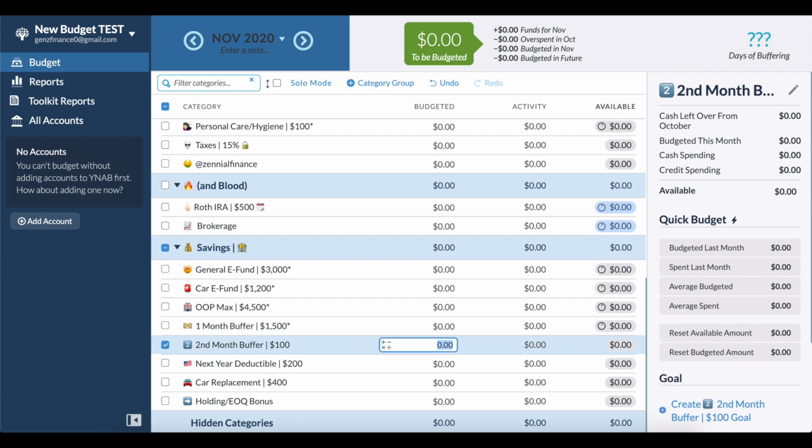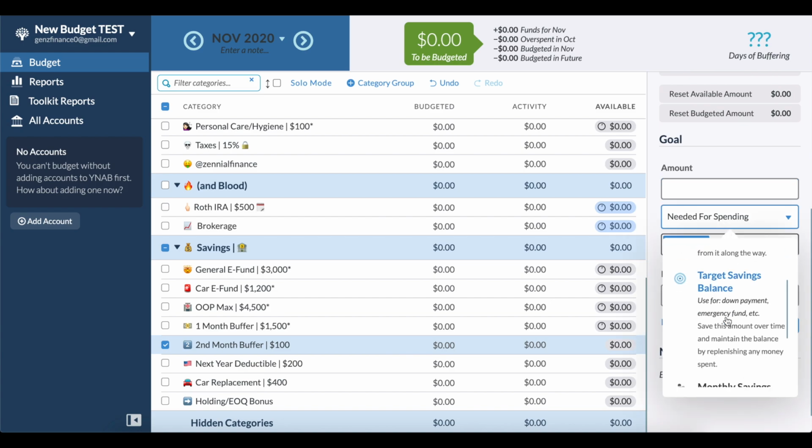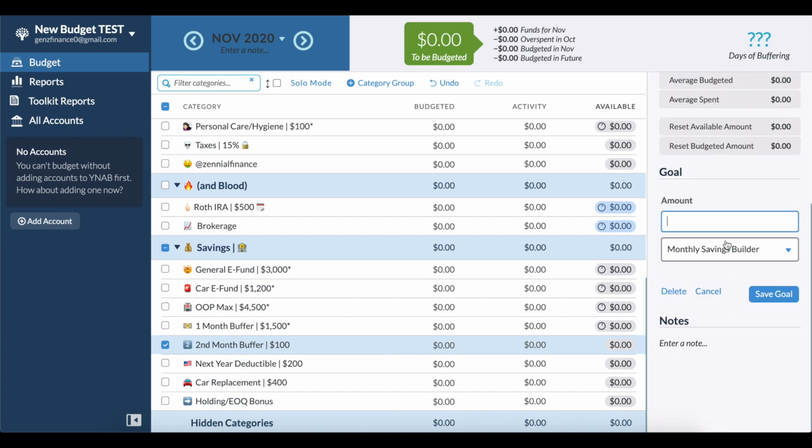But I'm going to be adding $100 a month into this new category so that by the end of 2021, I'll have roughly 2 months buffer saved up, as well as continuing to budget ahead and budget in the future by 1 month. So for this goal, we'll just do $100 a month